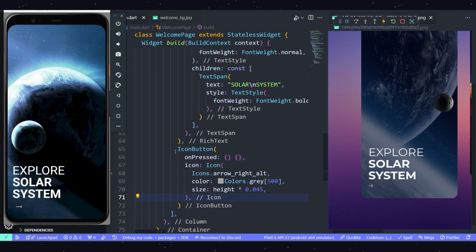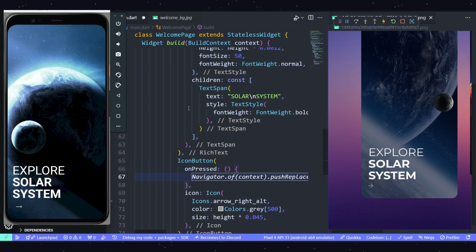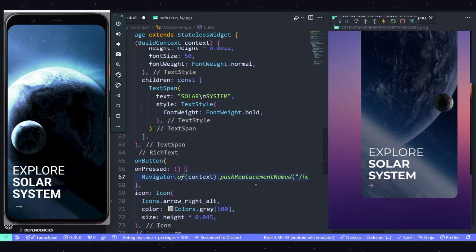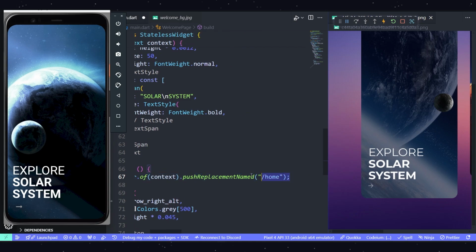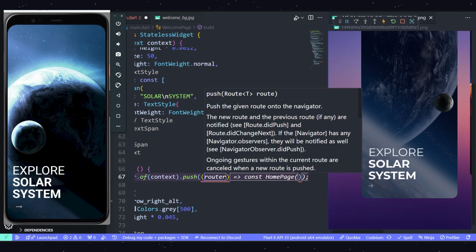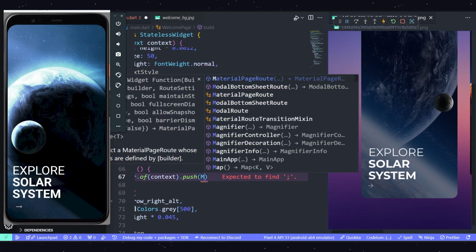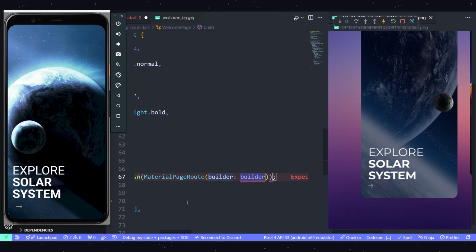And I'm not gonna be using the onPressed over here. Maybe we can actually. Yeah, let's set that over here. So let's just use a Navigator to navigate our screen. Navigator.push, and it's gonna be a route. For route it's MaterialPageRoute, and we need a builder, and the builder is gonna set it to